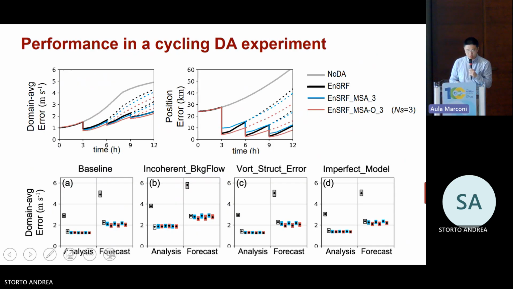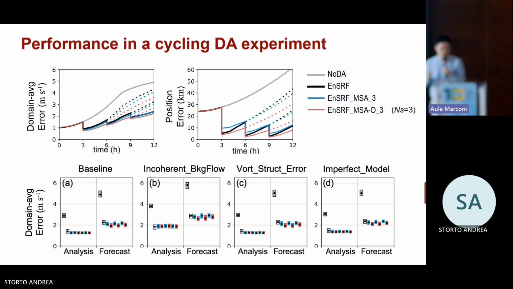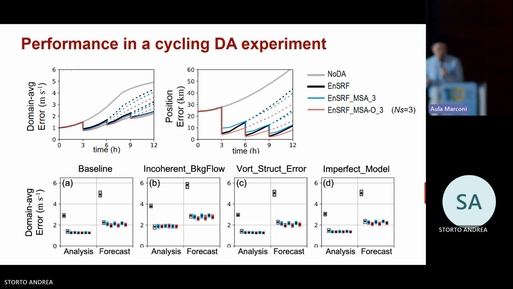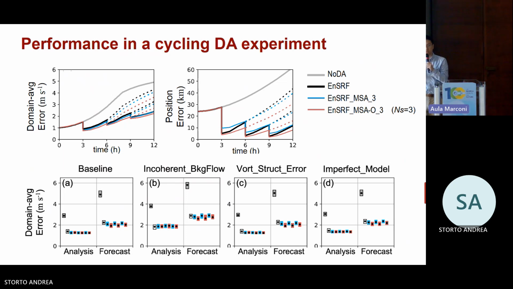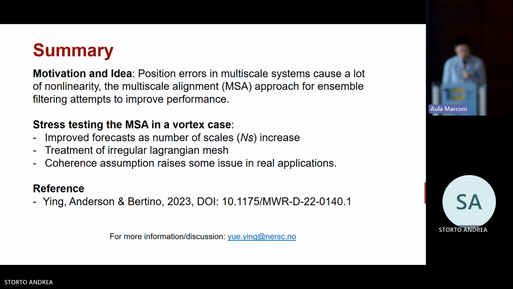This is briefly showing performance in the cycling data assimilation. We show that not only in analysis but also in forecast, the method is performing better than just pure ENCAF. One thing to point out maybe is the temporal growth of error. So if you see the error sawtooth graph, the red one is having a lower slope than the black one, which means our improved vortex position will not only give a better result for the analysis, also the vortex error will grow slower in the future forecast. So to summarize,